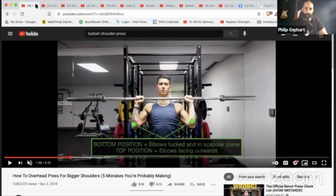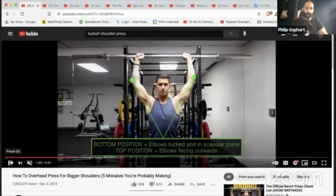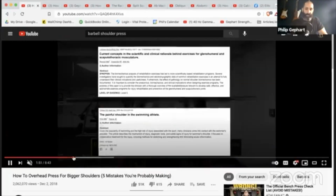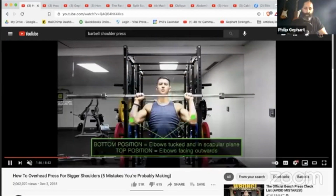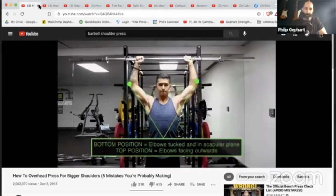The second one I wanted to go over is the overhead press. Now, the barbell overhead press is a very common exercise. Many people do it. When you do it, full range of motion, all the way up, all the way down. But what people don't know is that,